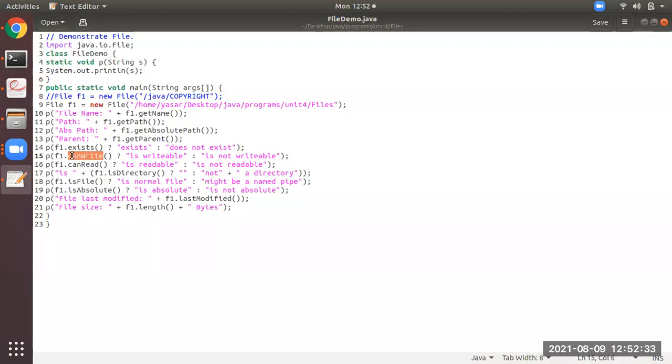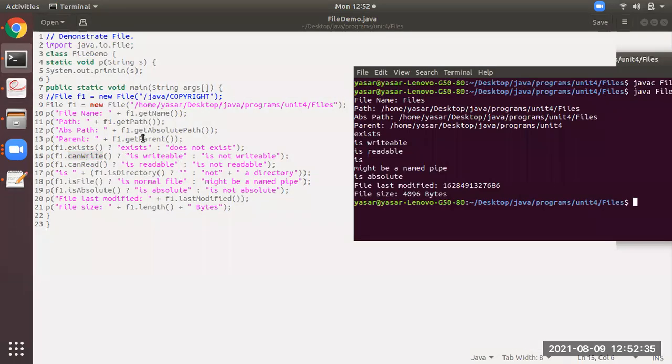So due to that, can write is true. So the first option is writable. You can see the output. Similarly, can read, that is also true. So this is the output you can see. Okay, now the last one is,